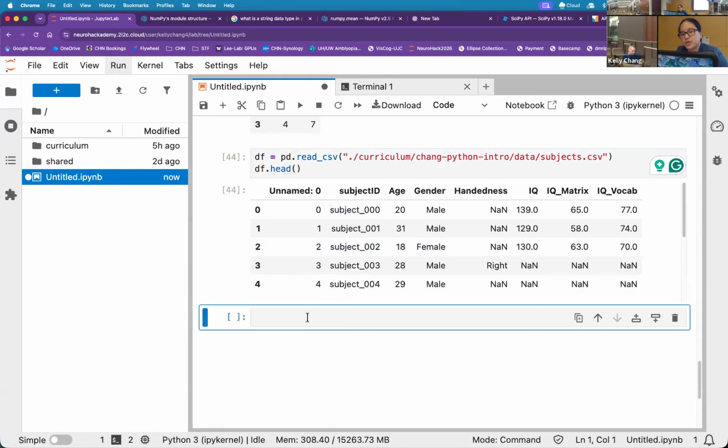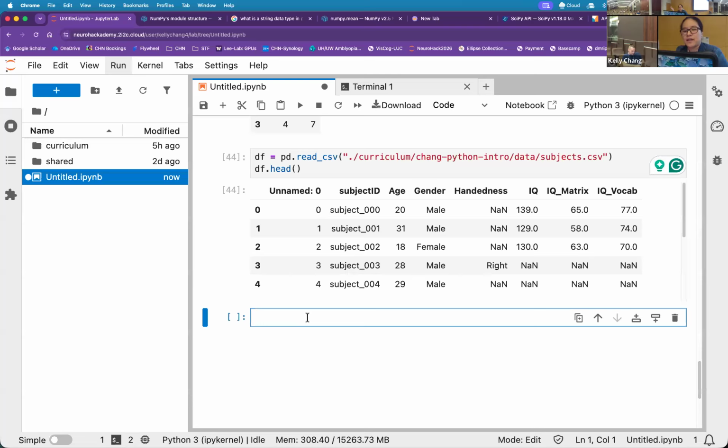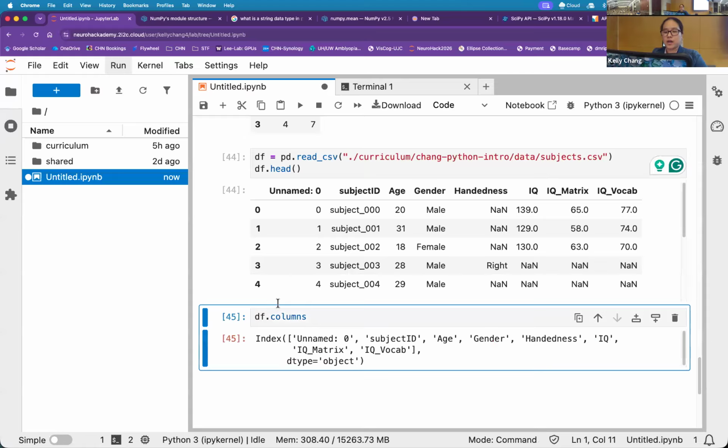Okay. So something to really understand about Panda data frames is that it has both columns and indices. So columns for obviously column headers, and indices, and you can sort of see them in bold here. It's very faint, but check it on your computer. This is basically the row number by default, but it doesn't have to be. So you can also query for this kind of information by asking dataframe.columns. What are my column names? There you go. The unnamed seems to be, I think, the index row.